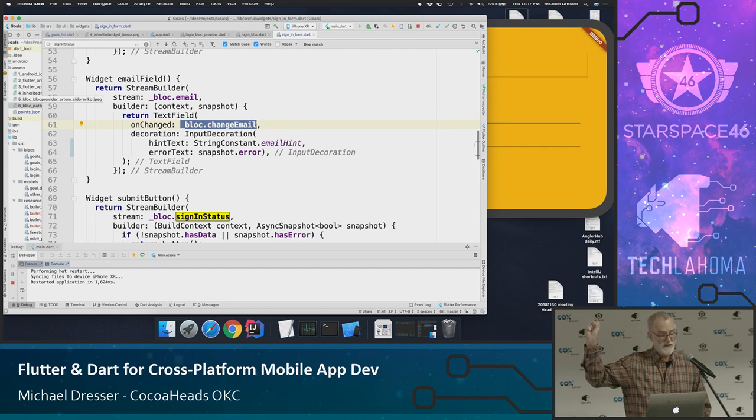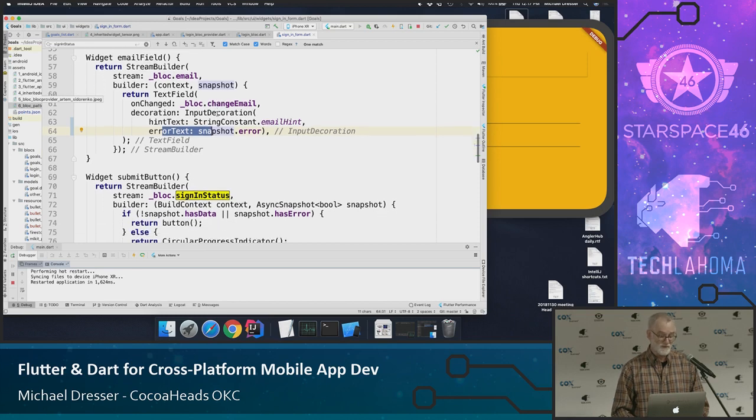If the text is changed in the BLoC's email, then that's the stream that comes in, and it will be updated on the screen. And one other thing, I really won't go into this, but you can handle errors, and that's another really nice thing about streams in general. That is, they're monads. They pass a lot of context along with them. You can get back either the data or an error, or basically a stop. That is, nothing more should be received from this stream, or should be listened to. Okay, so let's go to the BLoC.